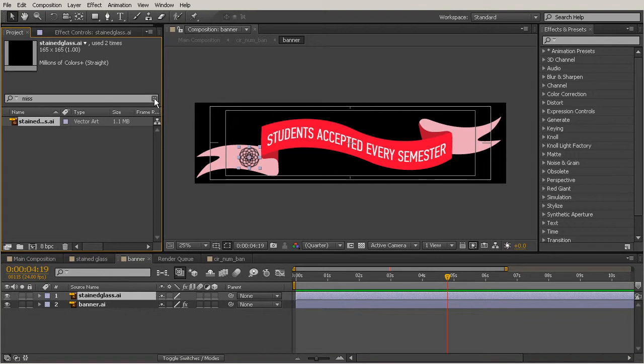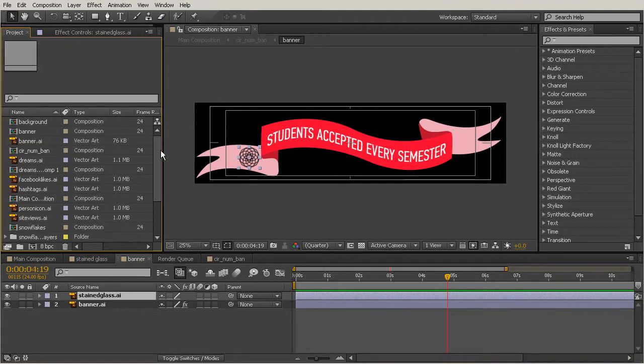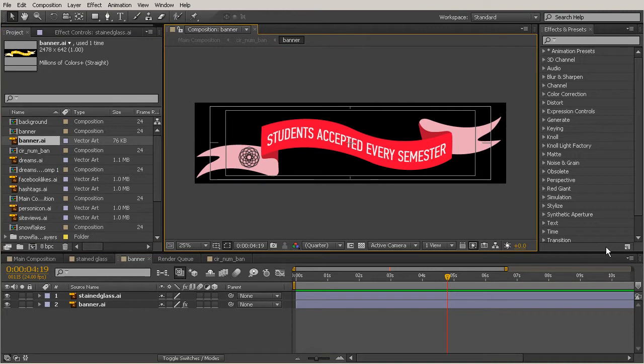So now I can just hit the X, and that's going to bring me back to my normal view of my project panel. Now what if I want to actually go in and change one of the files in its original source file? Well, I'm going to go ahead and do that for my banner file just so that you can see what happens. So I'm going to go ahead here, and we will